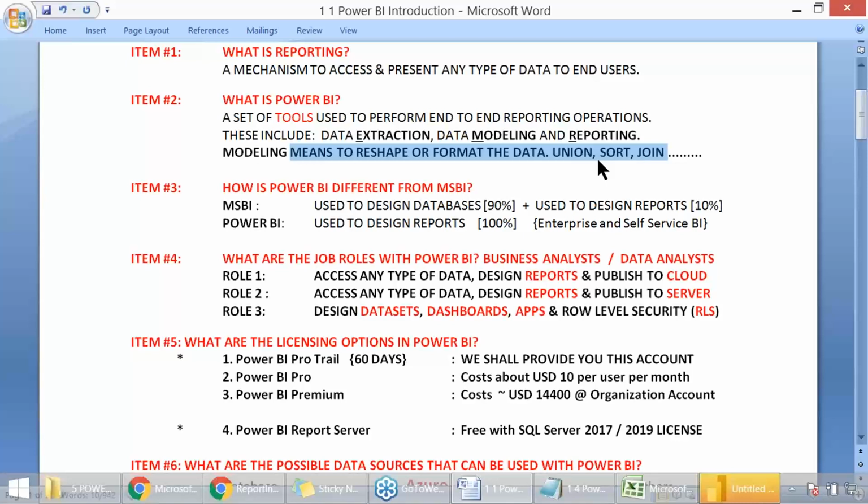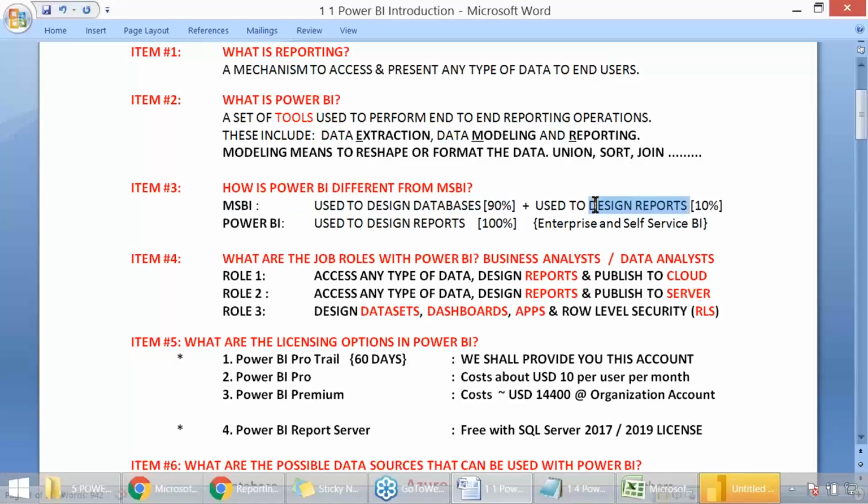A common question we get in our regular inquiries and demo classes: what's the main difference between MSBI and Power BI? So I thought of including it here in the document. MSBI is used to design databases and reports, mostly databases: warehouses, OLAP databases, and reporting as well.